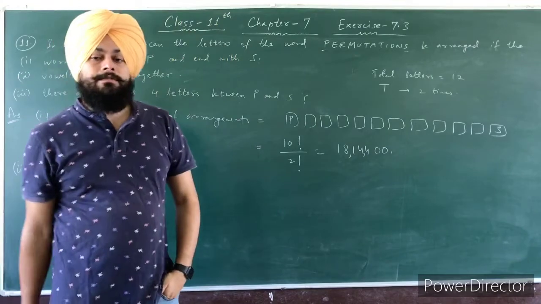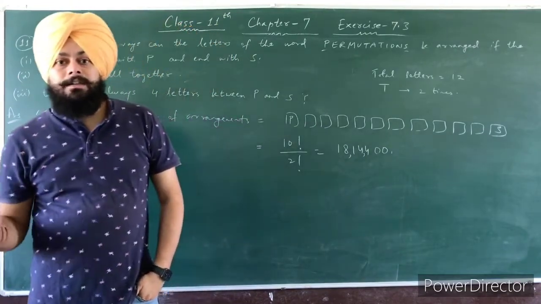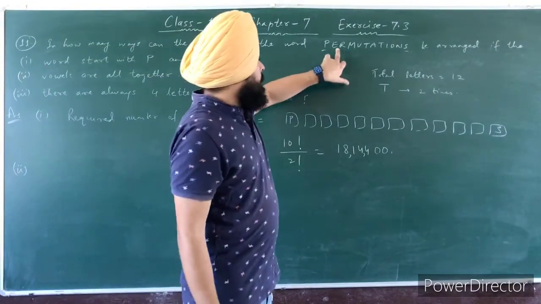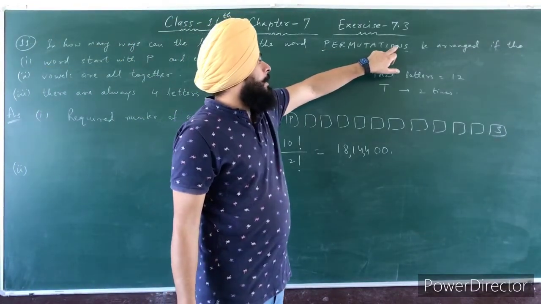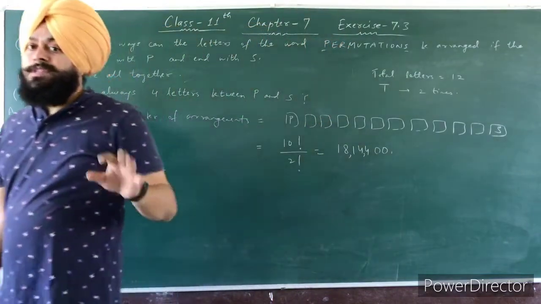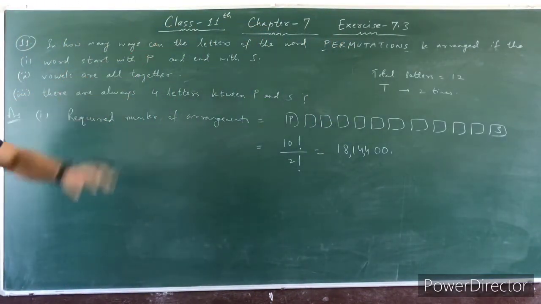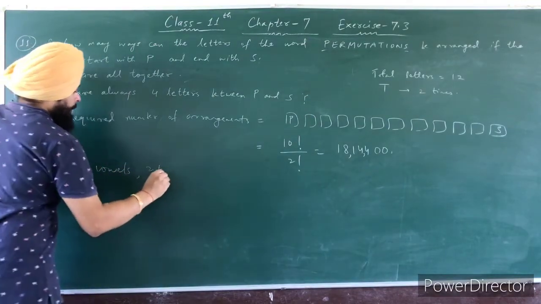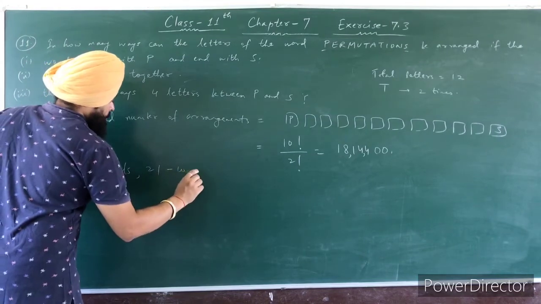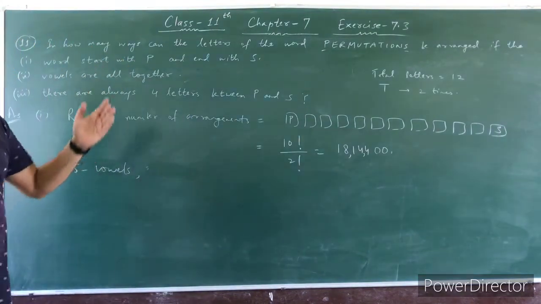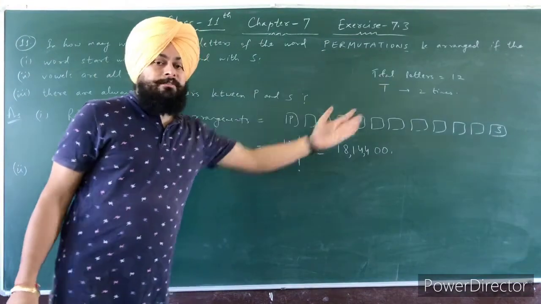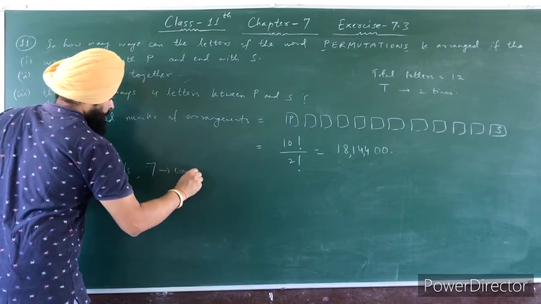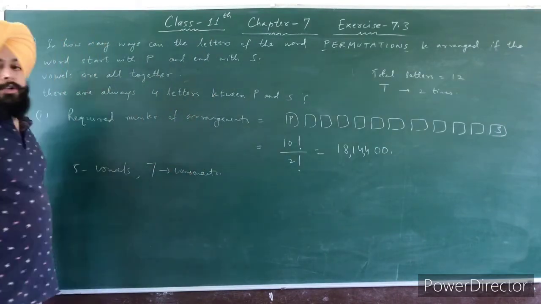Second one is vowels are all together. We already know that there are 5 vowels in the English alphabet and the other 21 are consonants. First check here which ones are the vowels: E, U, A, I and O, all the 5 vowels are counted in this word permutations. So there are 5 vowels, and consonants left here: 12 minus 5, 7. There are 7 consonants in this word permutations.